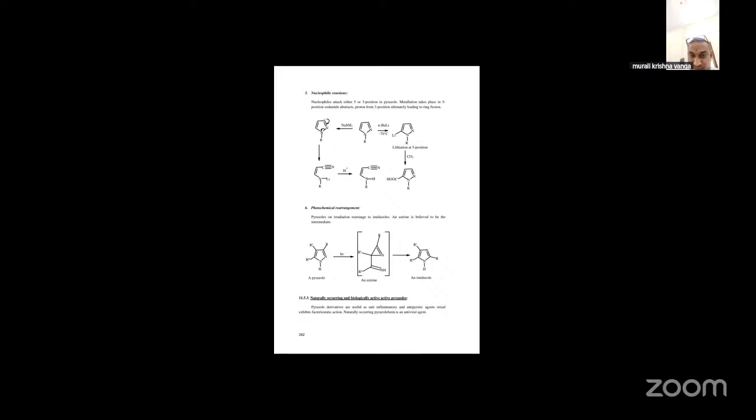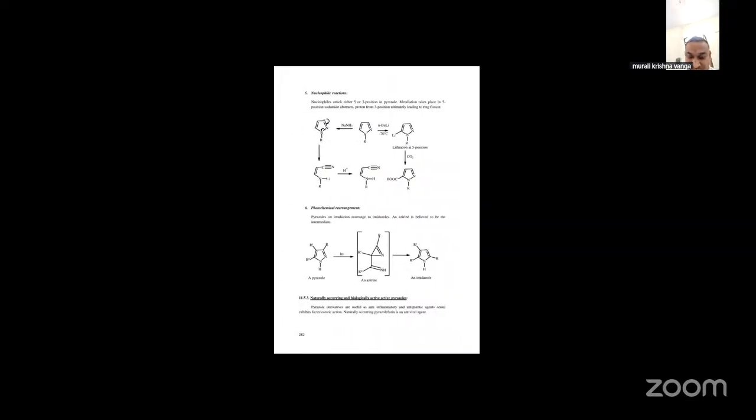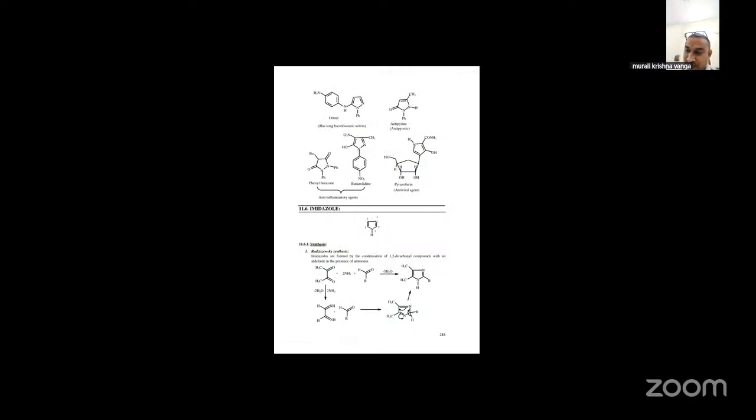And these are some of the photochemical rearrangements. Pyrazole is converted to imidazole via formation of an azirine intermediate. So some of the naturally occurring and biologically active compounds of pyrazoles act as anti-inflammatory, antiviral, antipyretic, and have long bacteriostatic